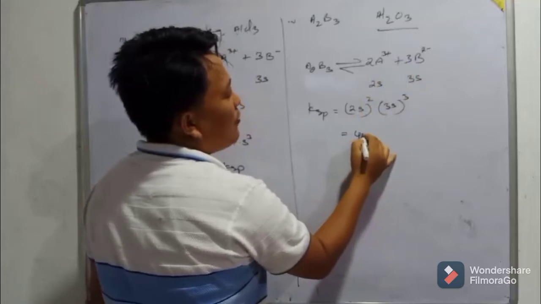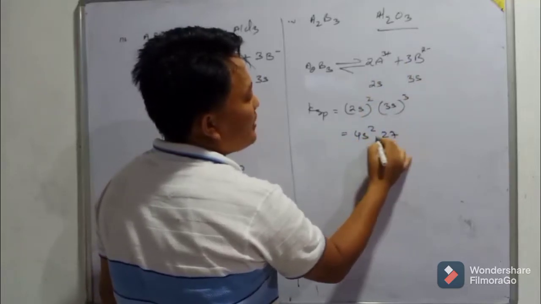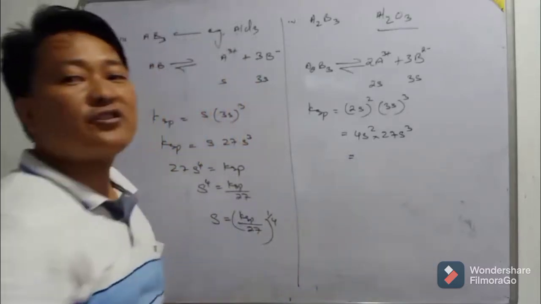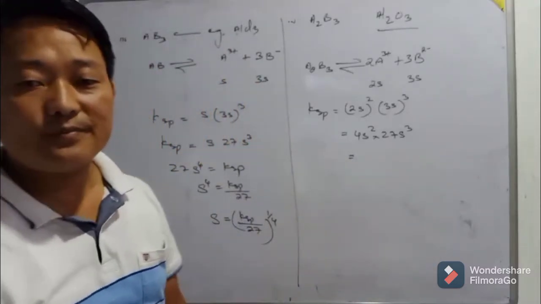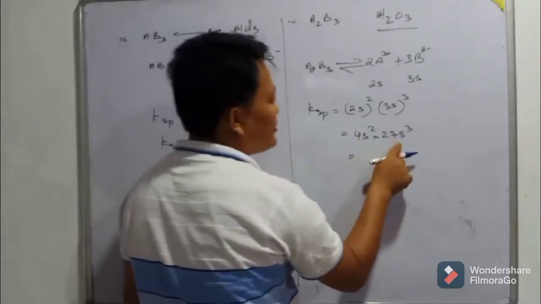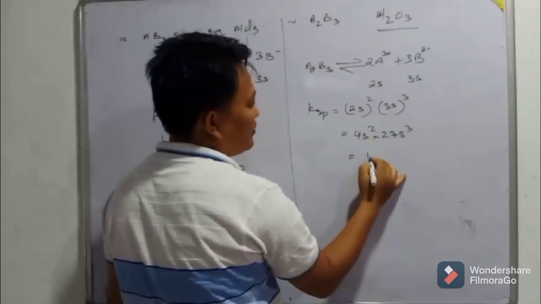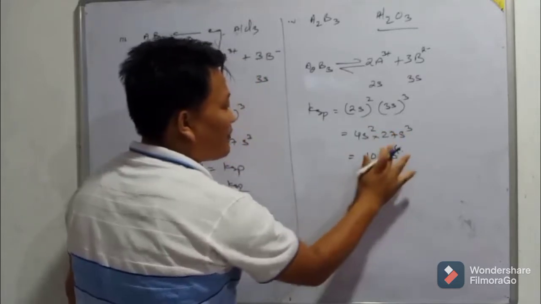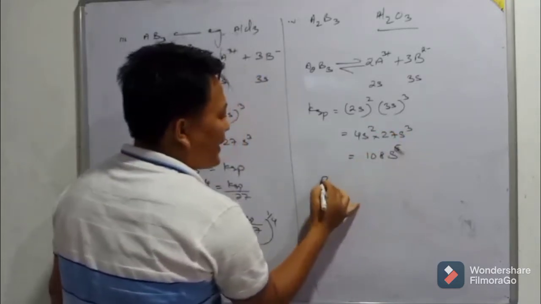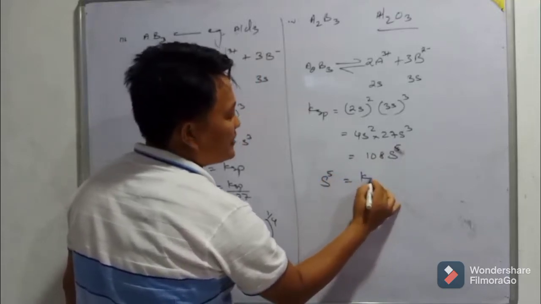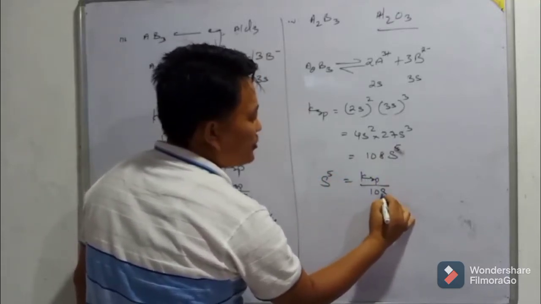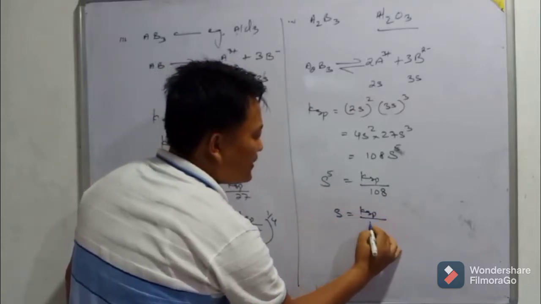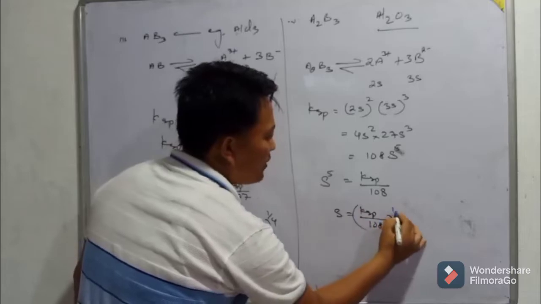This will be 4S squared times 27 S cubed, which is 27 into 4 equal to 108. So 108 S to the power 5. Now S to the power 5 is equal to KSP by 108. Then S is equal to (KSP by 108) to the power